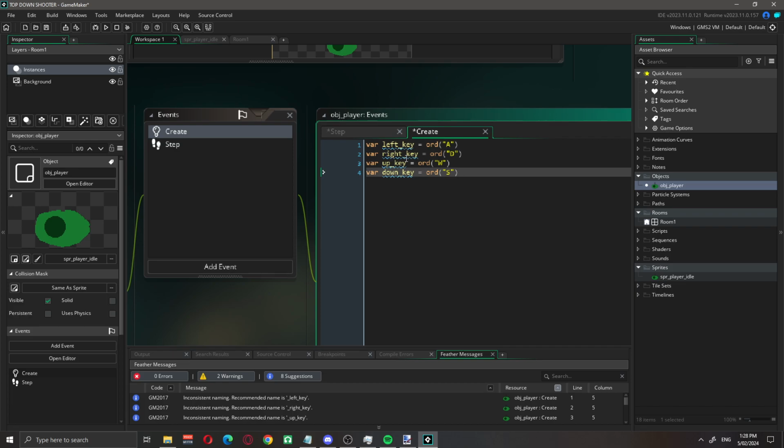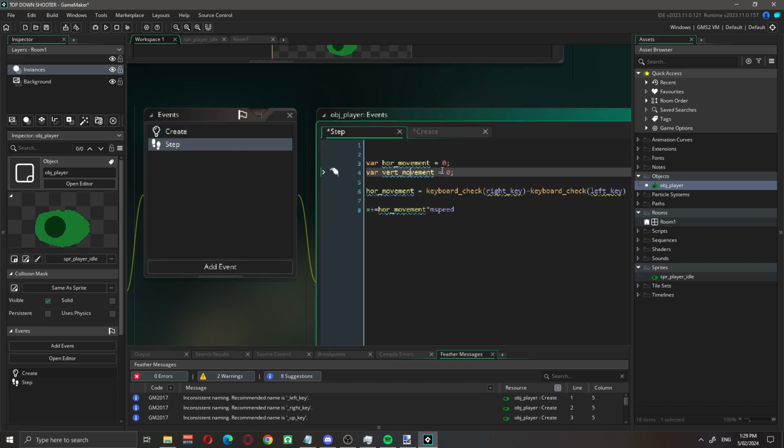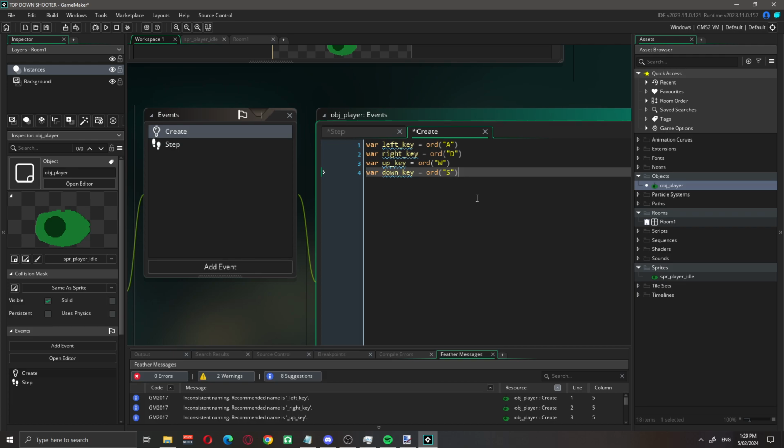And what's important is that if you have var declaring a variable, it makes it a local variable and it limits the scope, which means if I have var horizontal movement equals 0, I can only use horizontal movement inside this step function here, right? But since this is in the create function now, we actually want to remove these vars,